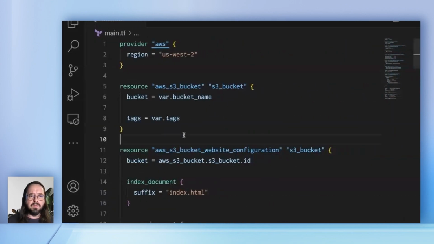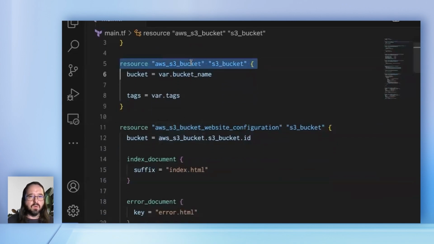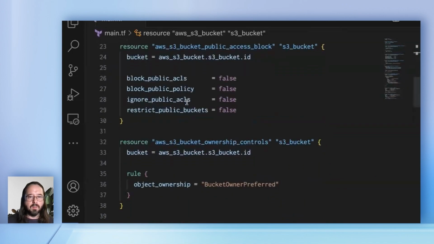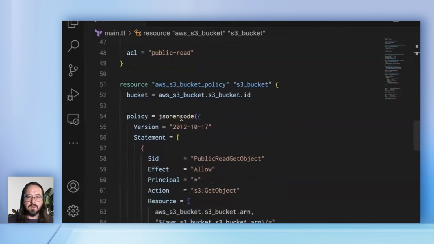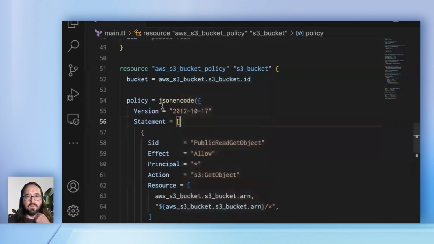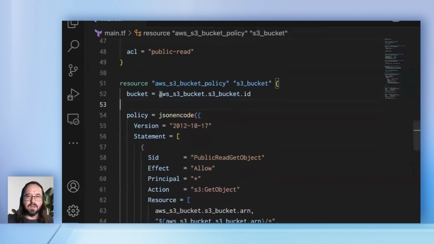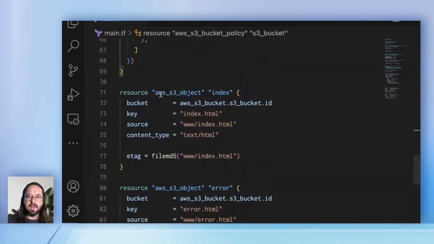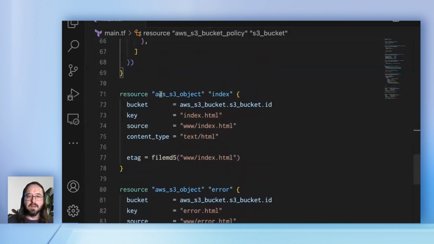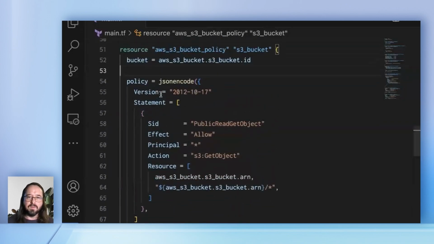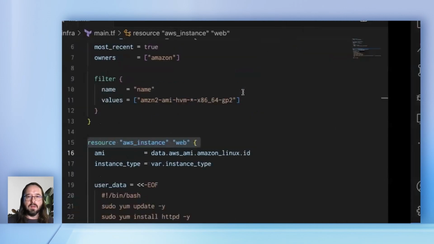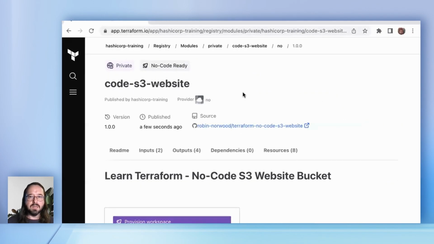Again, we're keeping the end configuration fairly simple. This is just going to provision an S3 bucket for public website hosting. We configure ACLs and things like that. If you've ever configured this with Terraform, you know there's a few different pieces that you have to configure and get right. And again, we're looking at a self-service scenario. We don't want everybody who needs a public S3 bucket to have to use the same configuration. So this way, we write the configuration once. It's now a module that we can reuse